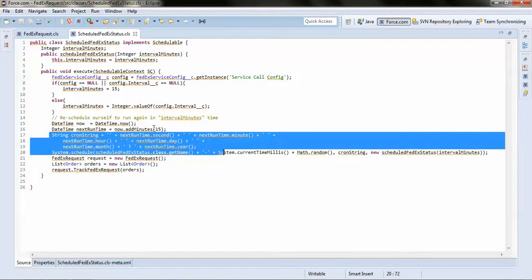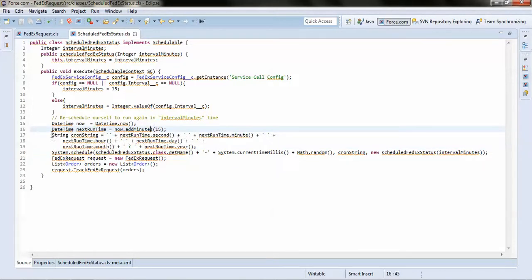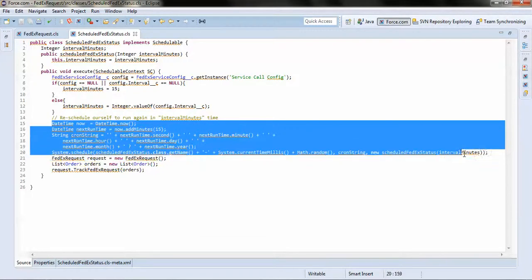For the very first time, this same code needs to be executed from an anonymous window or the developer console, so that it gets scheduled to run after 15 minutes, or you can do it immediately, and from next time onwards it will keep running every 15 minutes, or as per your custom setting configuration.